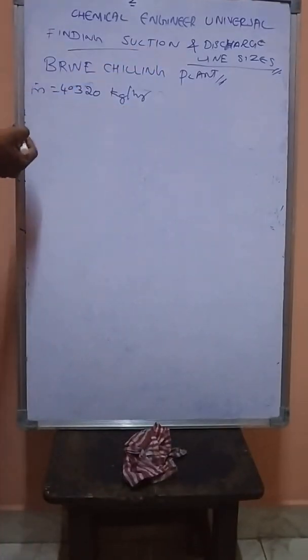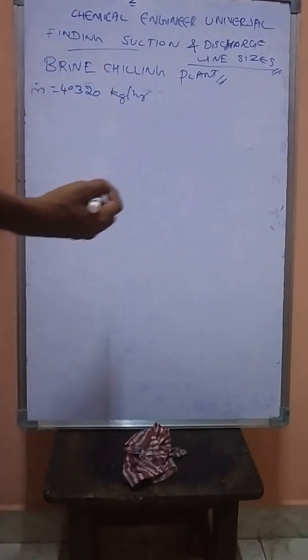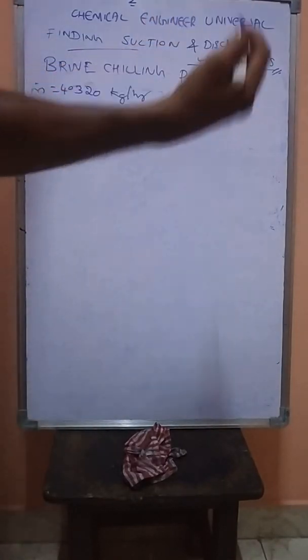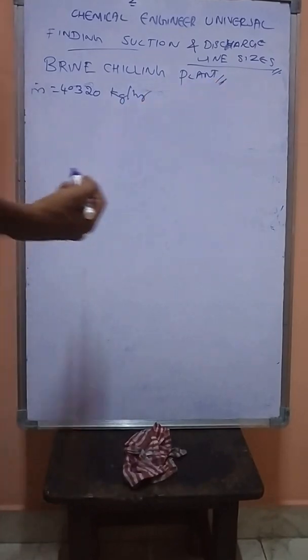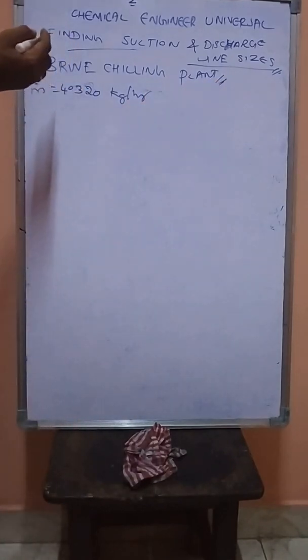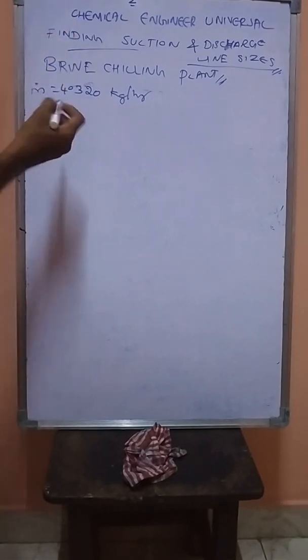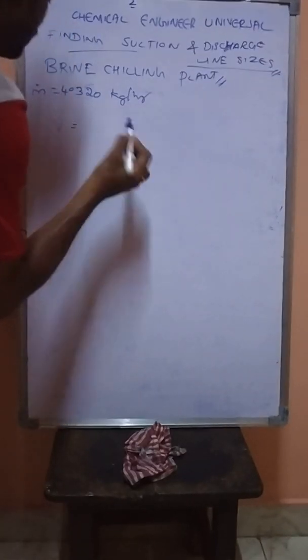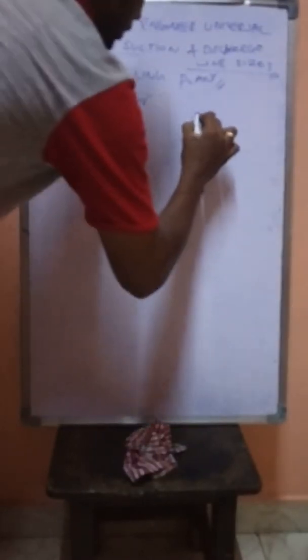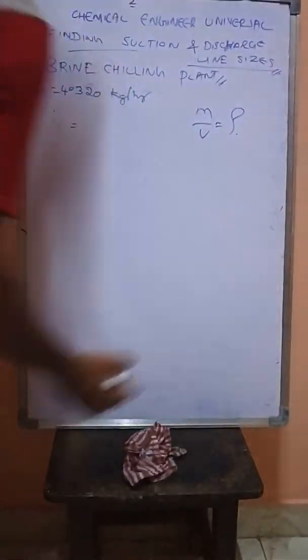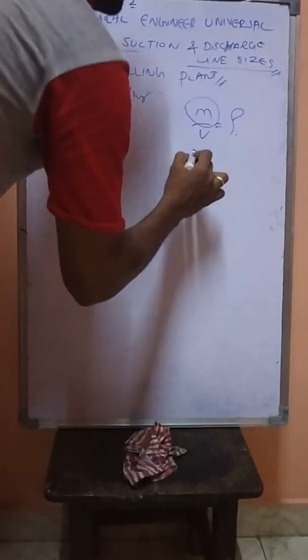So if you know the mass flow rate, you can directly take this as another scenario. You just take a model mass flow rate and calculate from that how to get the line sizes. Okay, so we are going with the model scenario only. So m dot, you know that; from this you have to find out the volumetric flow rate. As per the general formula, mass by volume is equal to density. So you have the mass, you don't know the volume.